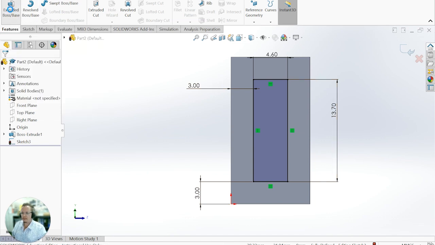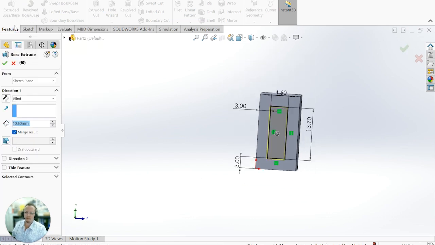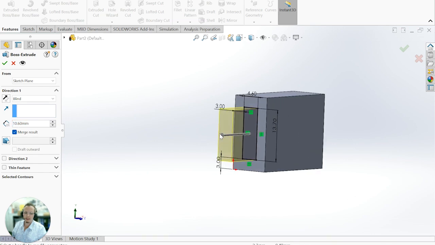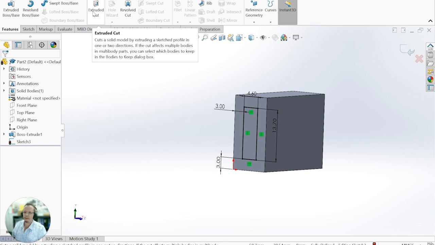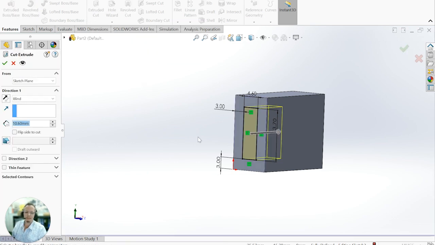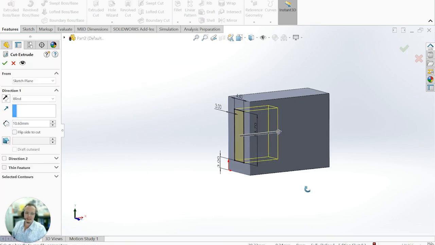Now, oops, wrong one. We don't want to extrude out from that. We don't want to make a more 3D object. So we're going to click on the X there. There we go. And I'm going to go to extruded cut. My bad. Extruded cut. All right, we can see now that it's starting to cut into our housing here,